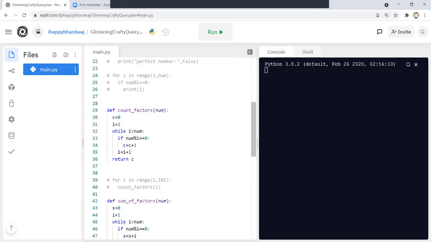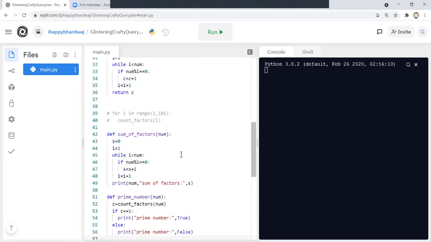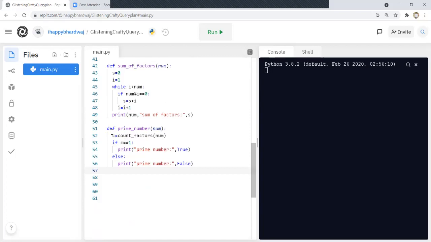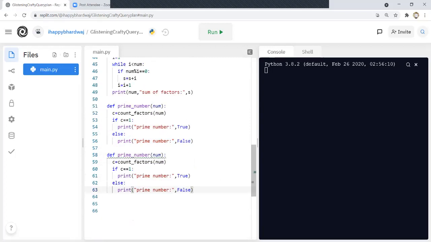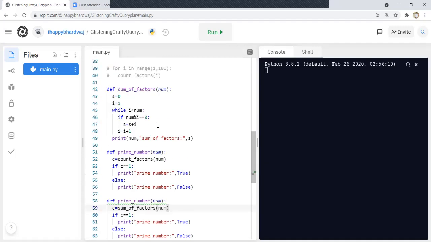Similarly, you can create a function for perfect number also. Okay, in perfect number you need to simply call another function, that is the sum of factors, and in sum of factors also you need to return this as well.